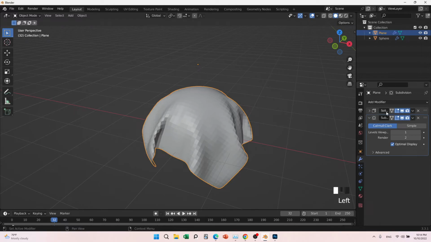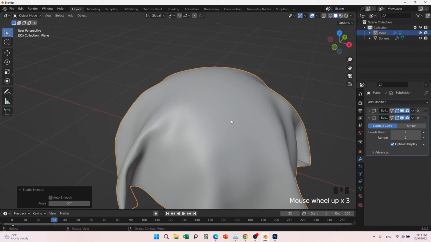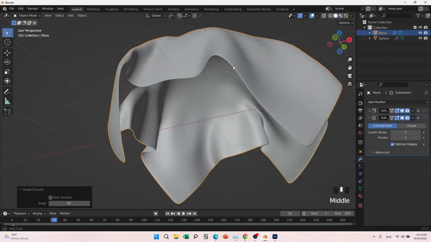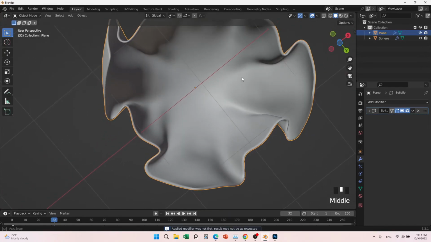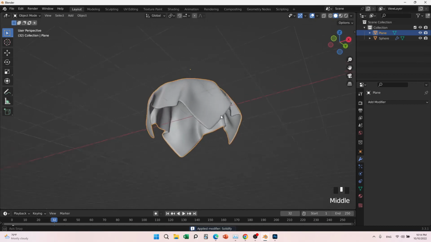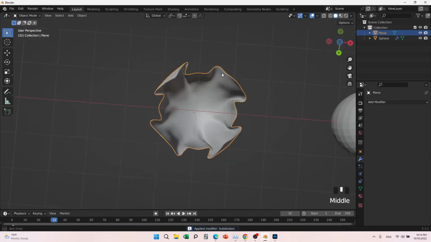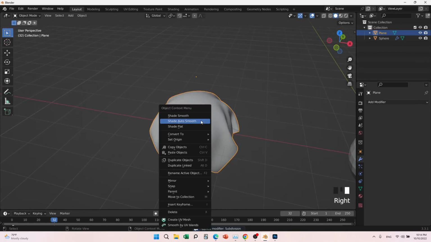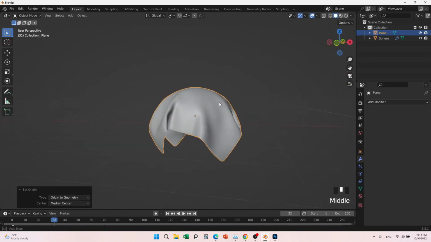Let's minimize the solidify and make it more, and I'm going to shade smooth it, and something like a cloth is going to appear, you see. And we can apply this and apply this. Let me apply this, you see, or we can apply first for this one and then this one, same. And I'm going to put the origin to the geometry. Okay,